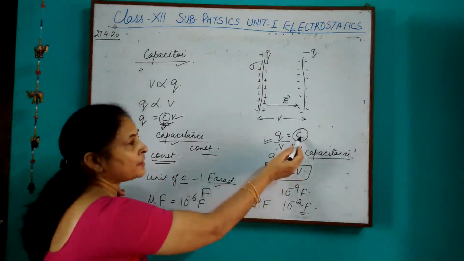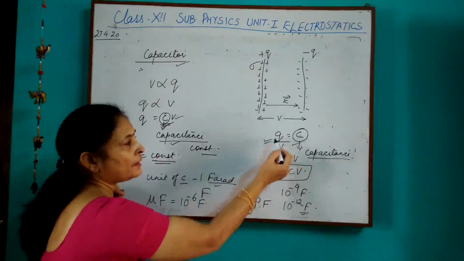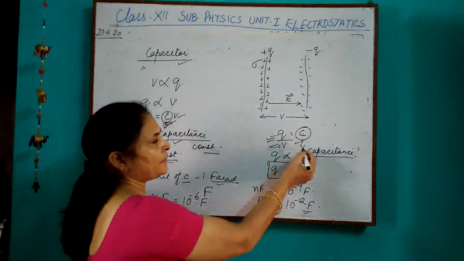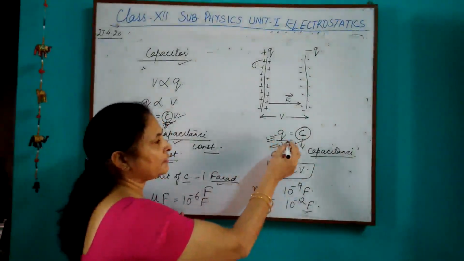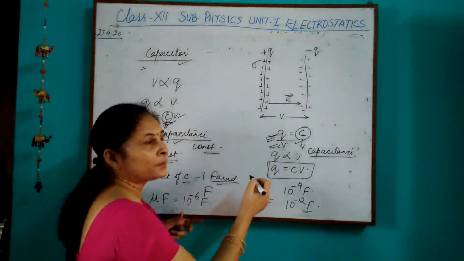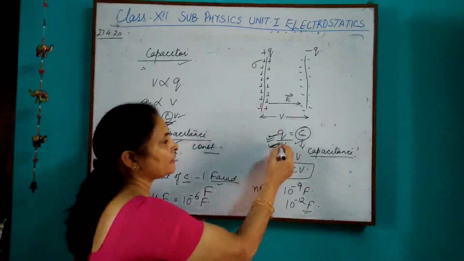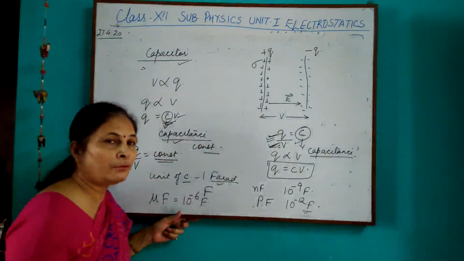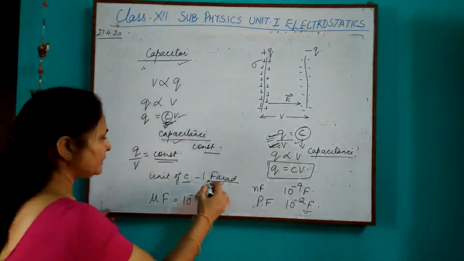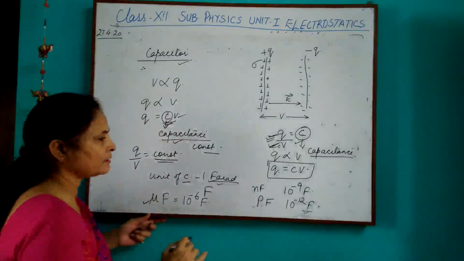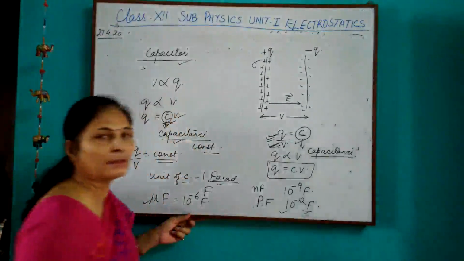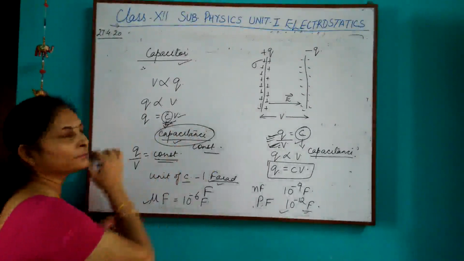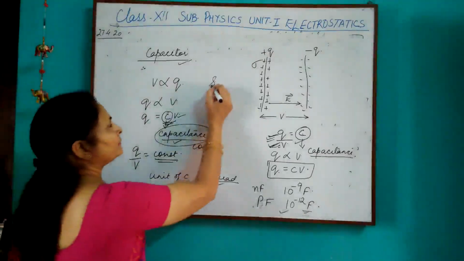Capacitance of a capacitor is said to be 1 farad when a charge of 1 coulomb is being given to the plates of the capacitor, which creates a potential difference of 1 volt. These are the different units: farad, a smaller unit microfarad, and picofarad. Now the value of capacitance depends upon the shape,